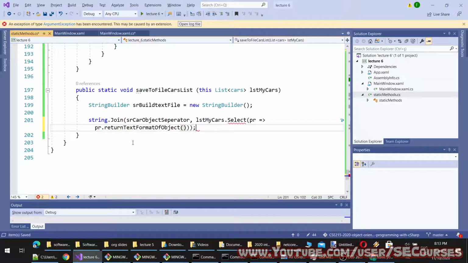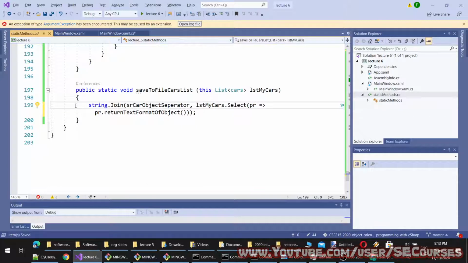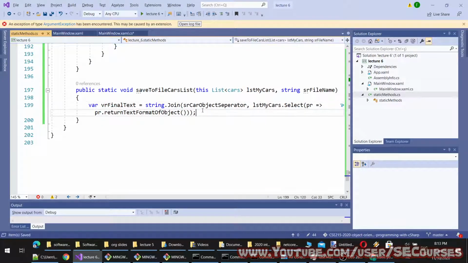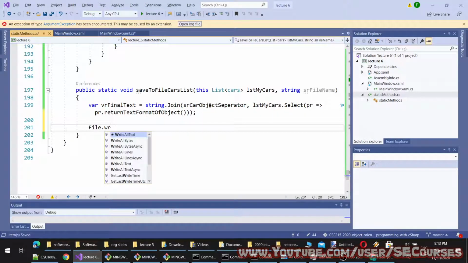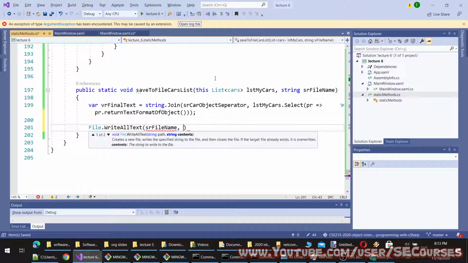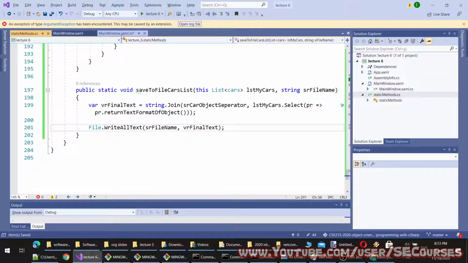Yeah, and I am going to write this to the text file with our file name. So let's make it var final text, and File.WriteAllText with our file name and final text. Okay, so this should work, and let's try it.